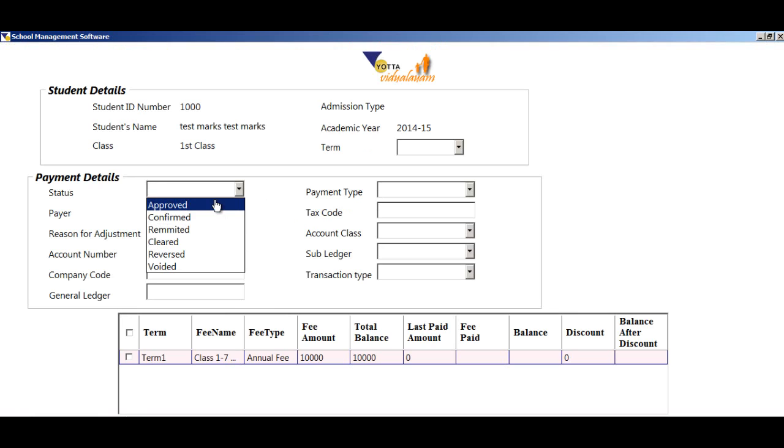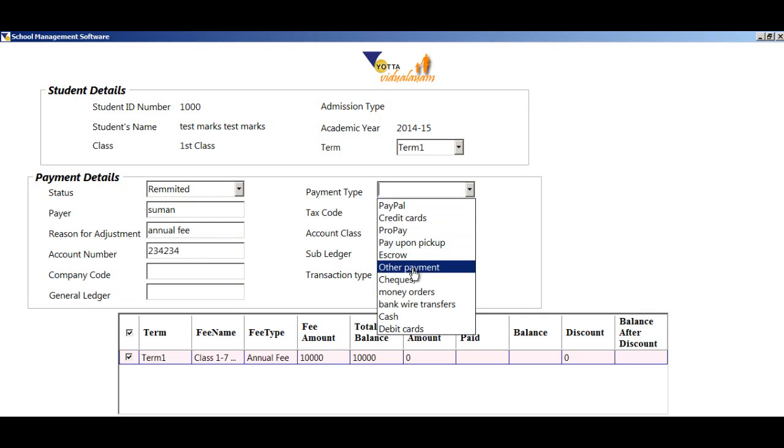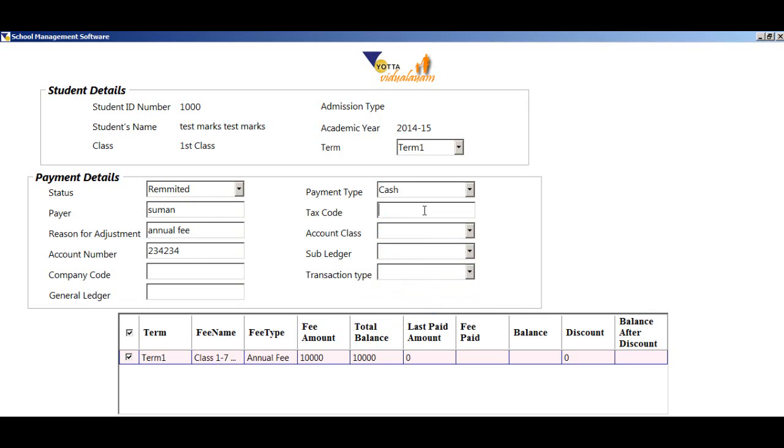So fee pay, again it gives you full flexibility. So you select the term that you want to pay the fee. So if you see, the fee that we added there is now displayed here, and then this information obviously you can type based on whatever the fee is paid for. I'm just going to type some random number here. It's a payment type. Let's say it's a check or a cash, whatever is applicable here. It's a revenue for the school, and then receivable, it's a payment, and then the total. So this is where you pay the total amount,